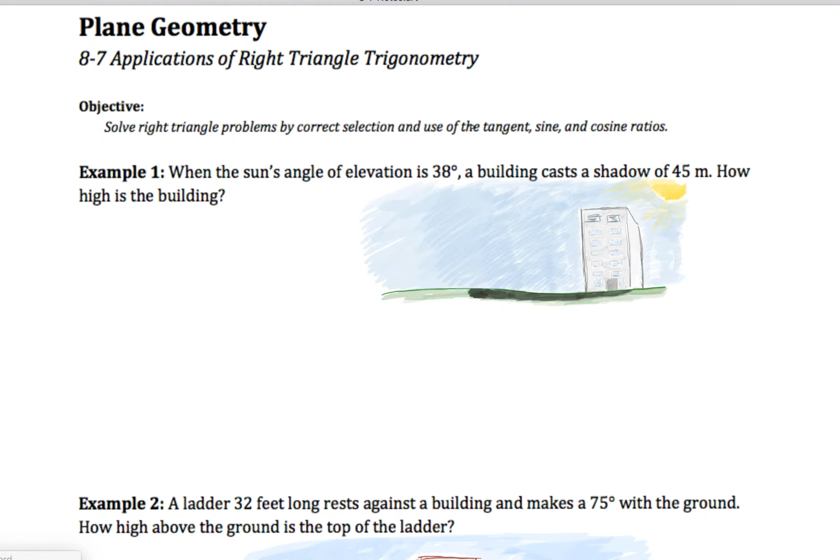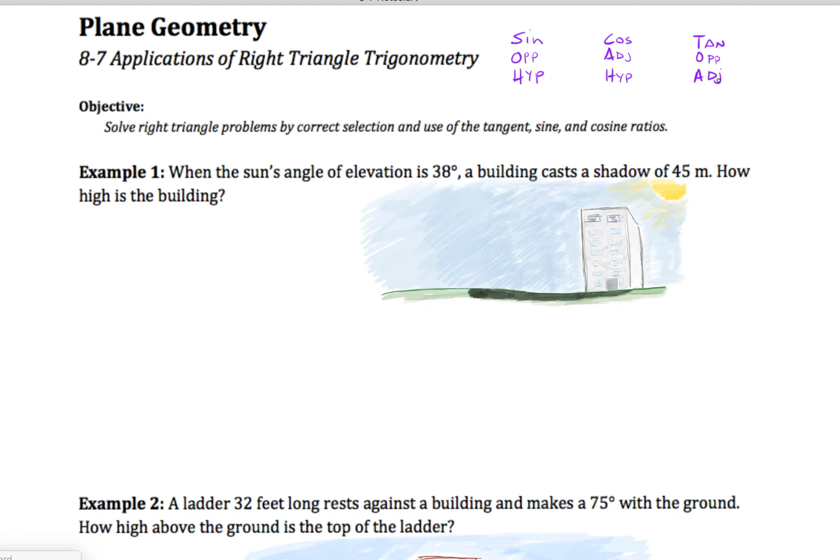So one of the first things we might want to remind ourselves of is the definition of these sine, cosine, and tangent ratios. And if you remember, we have a nice easy way of remembering what the definitions of sine, cosine, and tangent are, and that is by using SOHCAHTOA, that little mnemonic device, which tells us that the sine is the opposite over the hypotenuse. The cosine is the adjacent over the hypotenuse, and the tangent is the opposite over the